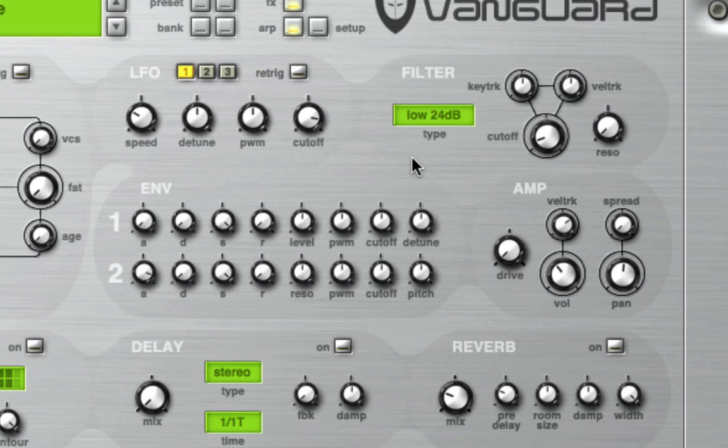So we can hear there that every time I touch it, the filter is opening and closing repeatedly. Now if I hit re-trigger, no matter when I hit the key, it's going to always start from the front. Whereas if I don't have re-trigger on,